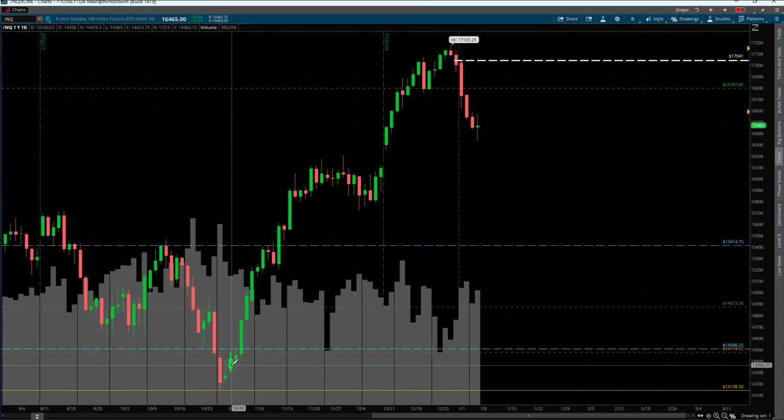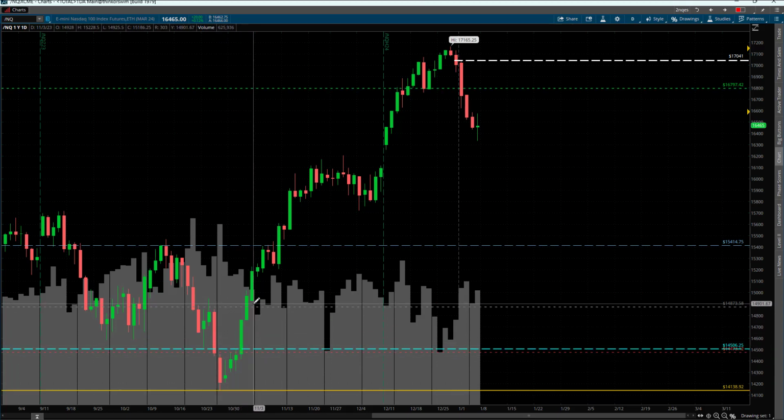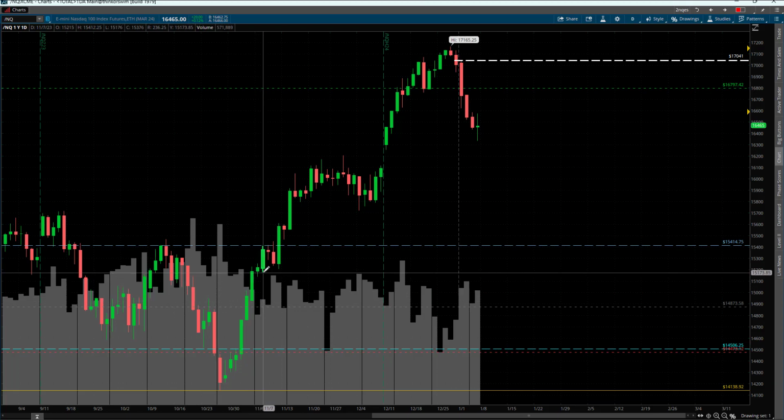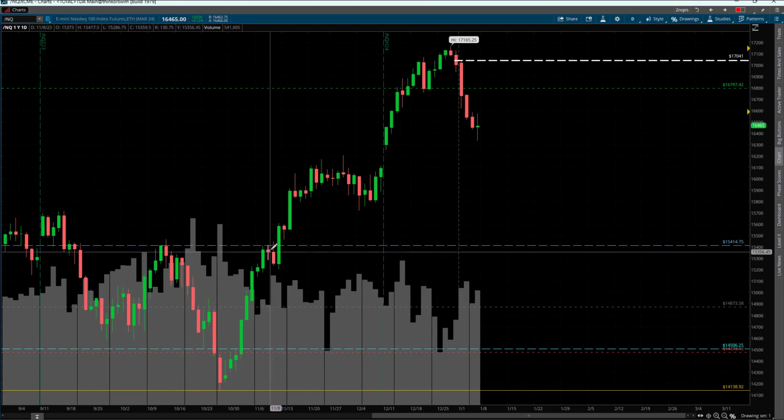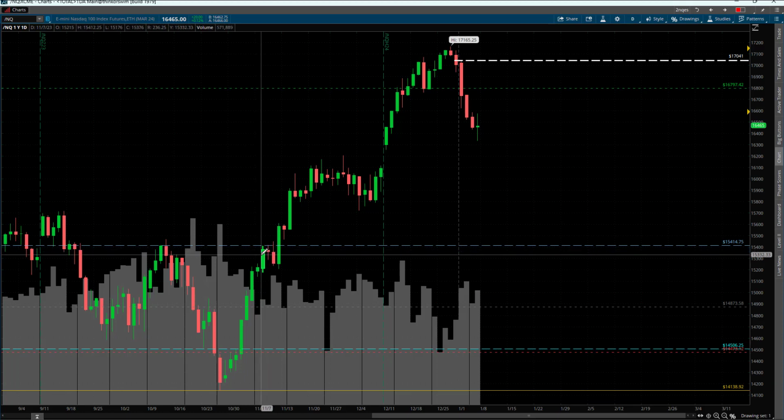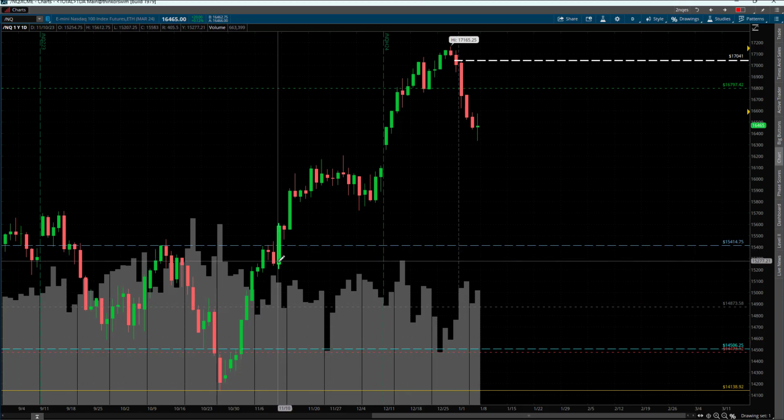We go higher the next day. We've officially begun trending on the daily time frame, just for 2 days. Then on the third day we again have a higher low than the previous day. Here's day 4, day 5, day 6, day 7, day 8, and even on day 9 we make a higher low, so we continue to trend. That is 9 days of straight trending up, and then finally on day 10 we end up breaking down.